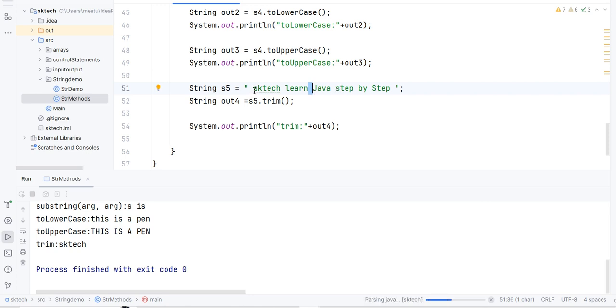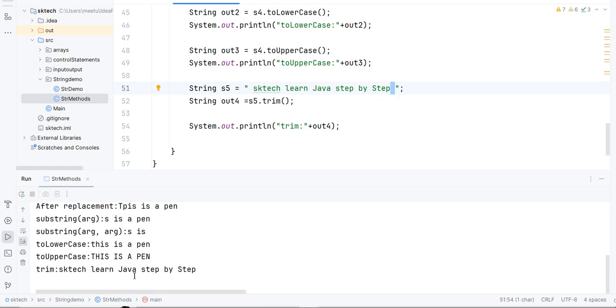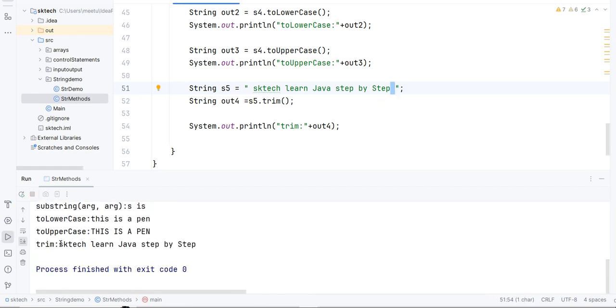It is only going to remove the spaces at the beginning and the ending of this string. You can see it has removed the spaces from the beginning and the ending, but the spaces in between are still as they are. So this method is useful when we want to remove spaces at the beginning or ending of the string.